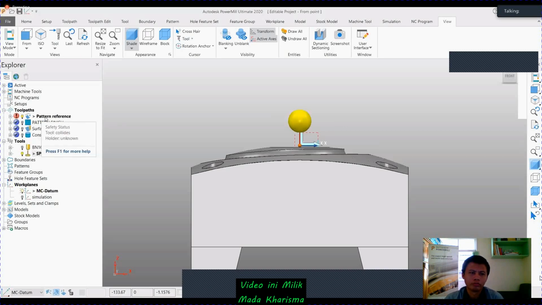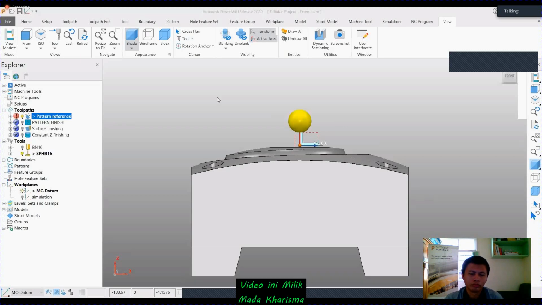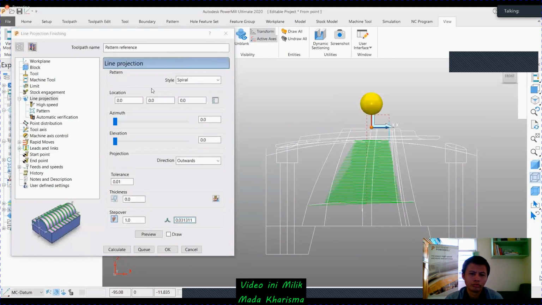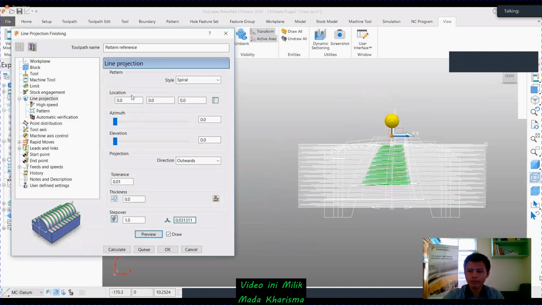Okay, see here I'm just having wireframe view. Here, if you see that again, the line projection location is x0, y0, z0, doesn't matter because it is just the center of the path. Then azimuth and elevation angle is 0, 0. Just preview what is happening. Once you enter the value, preview where it is going to be generated.